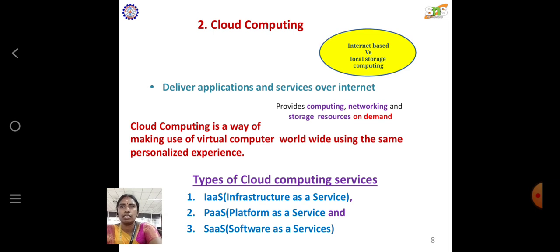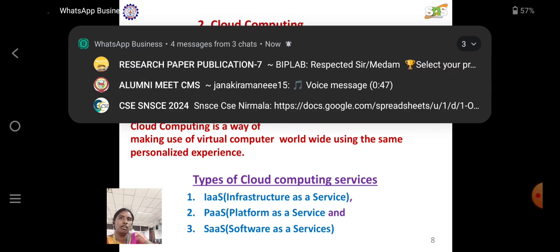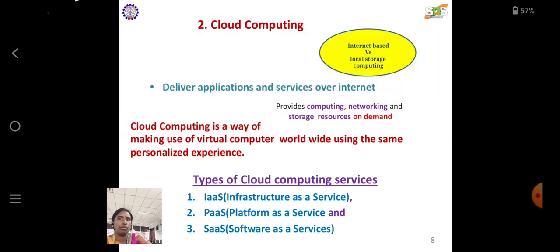Small enterprises and startups can afford to translate their ideas into business results more quickly without excessive upfront cost. System developers can concentrate on the business logic rather than dealing with the complexity of infrastructure management and scalability. End users can have their documents accessible from everywhere on any device. So the conceptual reference model of cloud computing shows the major actors and their activities and functions in cloud computing.